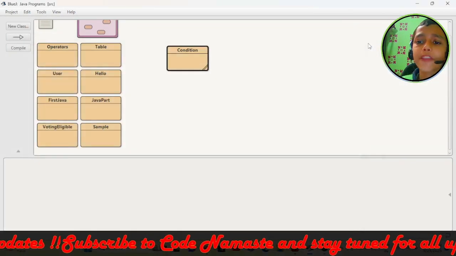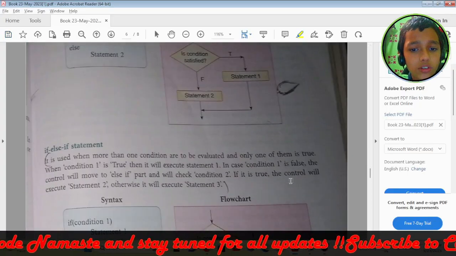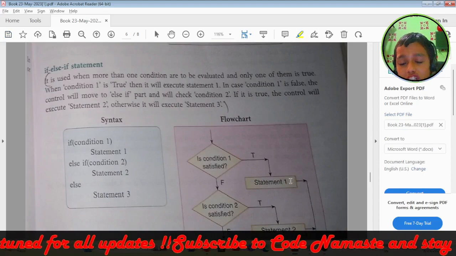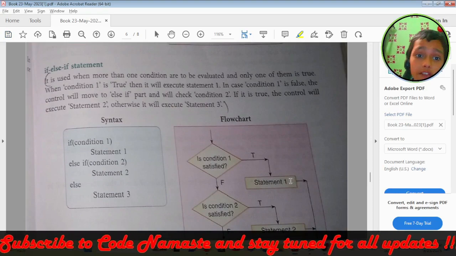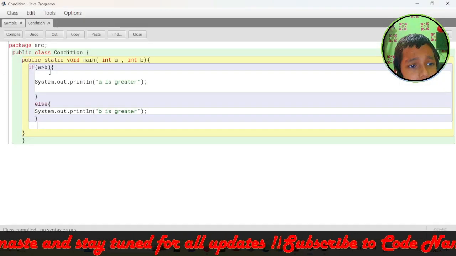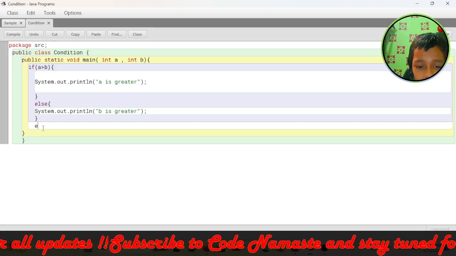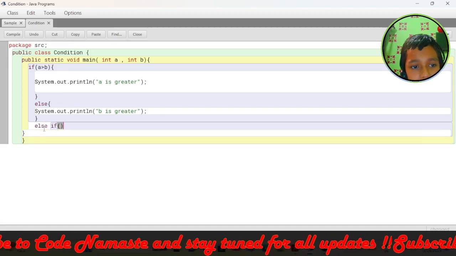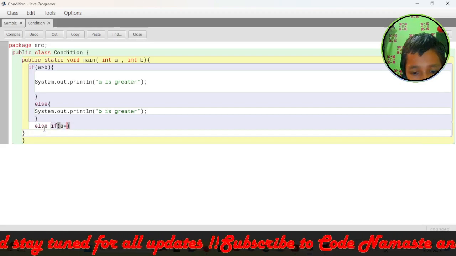So this way we can handle both of the statements. Now let us do the last of the statements, that is the conditional statement, if else if, where more than one condition is there and only one of them is true. If a is greater than b, System.out.println a is greater, else if a is equals to b,